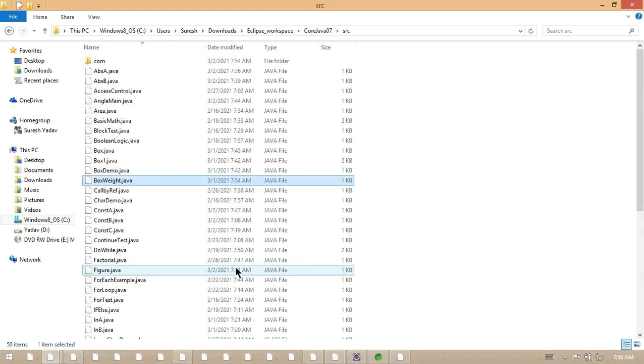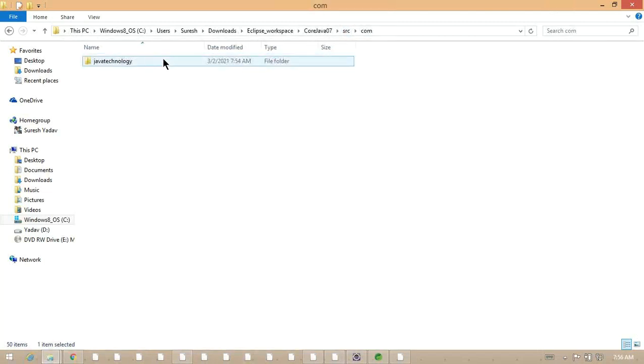All the classes are available in the source directory, but whenever I create one class using packages, you can observe com dot java technology dot constructor A. Getting the point? So this is the way the folder structure is created internally. To understand it in a more convenient way, we are going to create this particular package information here.